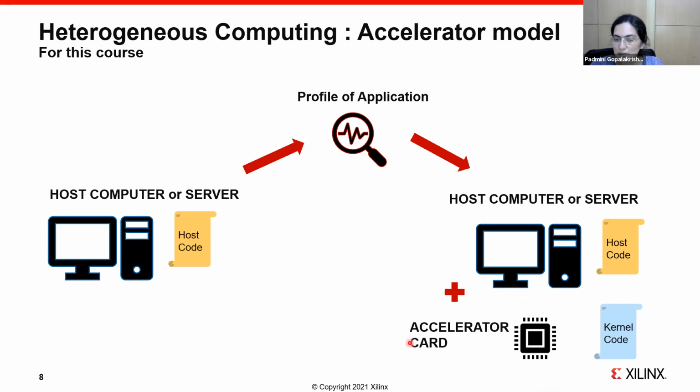So the notion of having a software or some kind of framework which allows you to easily program the accelerator and plug it into your existing system is what actually makes these easy to use and easy to adopt.